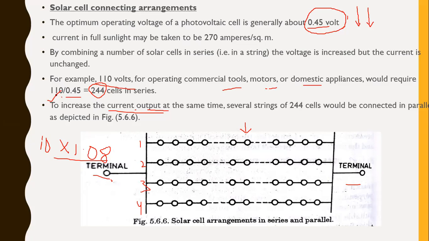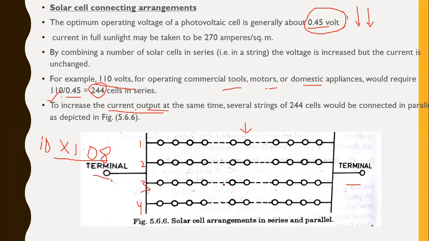These solar panels are used on spacecraft, which consist of modules or arrays. This is called a module or array. In this module or array, cells are connected in series and parallel for whatever voltage we require. Depending upon the voltage, power and current, these three terms, they are connected in series and parallel according to requirements.